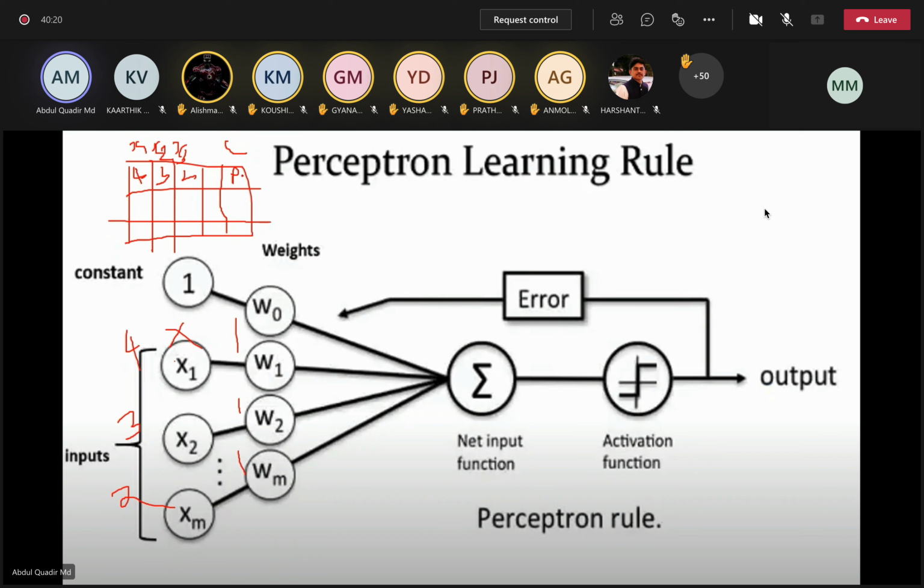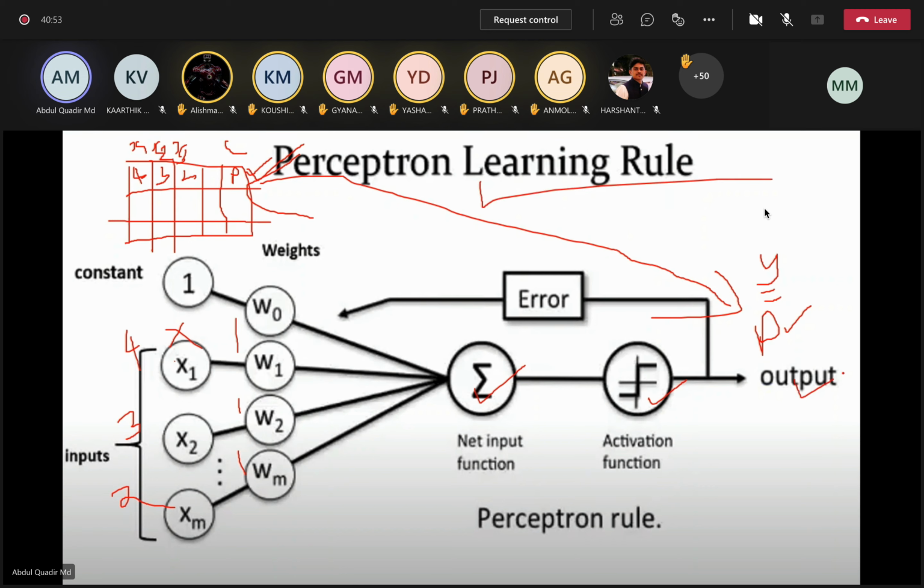Now my target value is pass. I am putting it into the summation function, and my summation function is also predicting pass. This is my y. My data set is classifying it as pass, and my output is also classifying it as pass. Is there any error, I am asking you? No, sir, there is no error. If there is no error, this will be my output. I will not do any further modification; I will just go to the second phase.